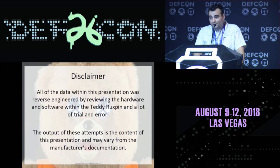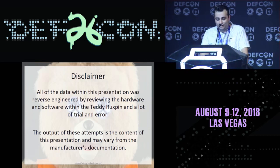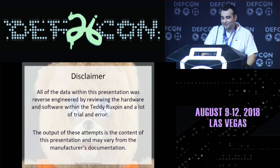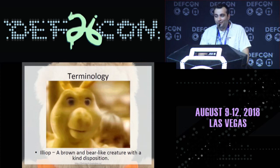So a little disclaimer, first of all. The data within this presentation was all stuff that I reverse engineered. I didn't have official documentation or anything else. So a lot of my attempts were just essentially trial and error and reversing what I could when I could. I literally have been working on this for a very long time, and you'll see why. It's essentially an RTOS environment, which can be a little more difficult because after root you want to interface with the peripherals. So terminology, you Teddyophiles